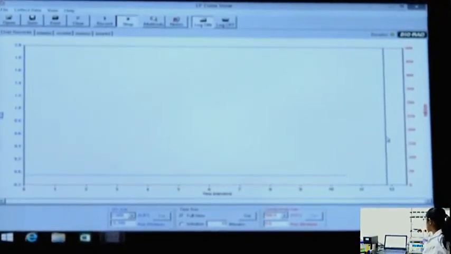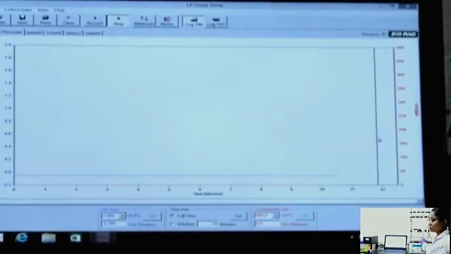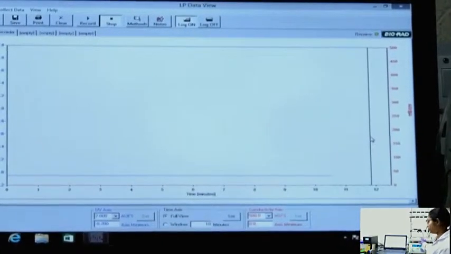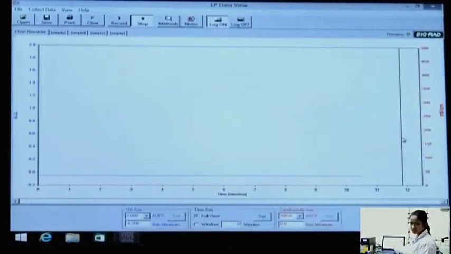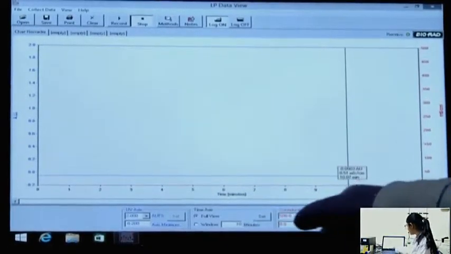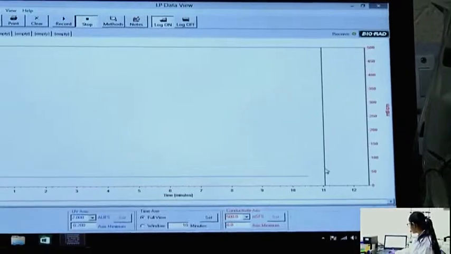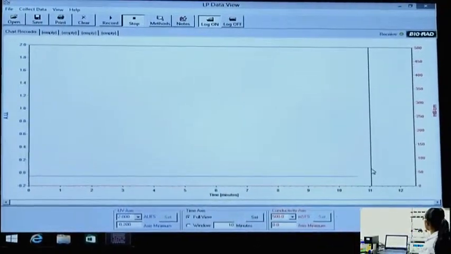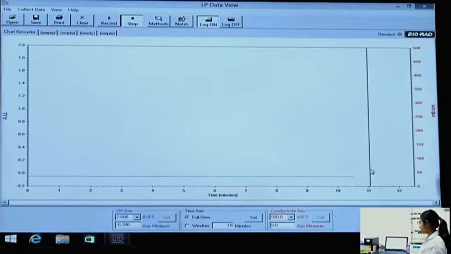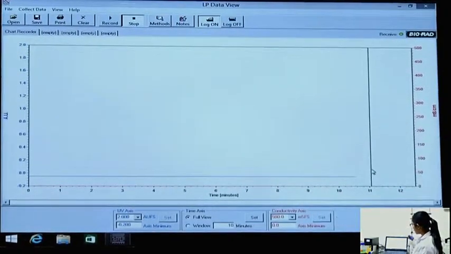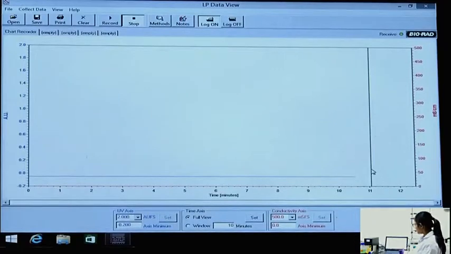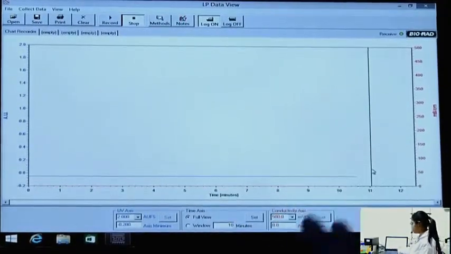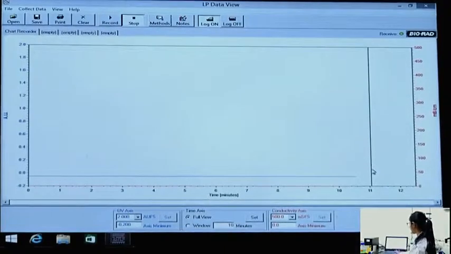As I have been running water for almost 10 minutes, which I mentioned is almost 10 column volumes, you can see the blue line is flat and the red line is also flat, which you might not be able to see because it is mixed with the x axis. This flat line means the instrument and the column are stabilized in the particular solution, with no up and down. If there is any up and down in these two readings, there might be some bubble or precipitation which you need to clear out. So, do not stop until you get a flat line in both the absorbance and the conductivity measurement.